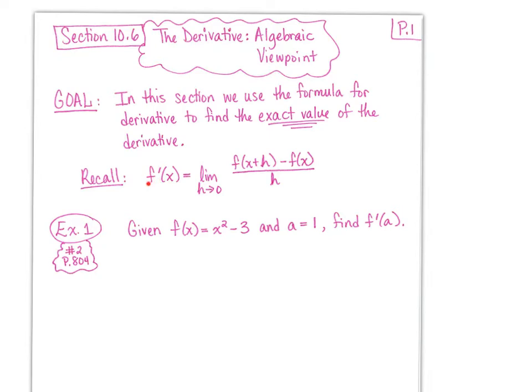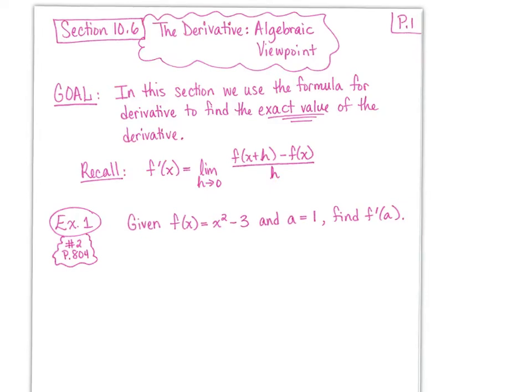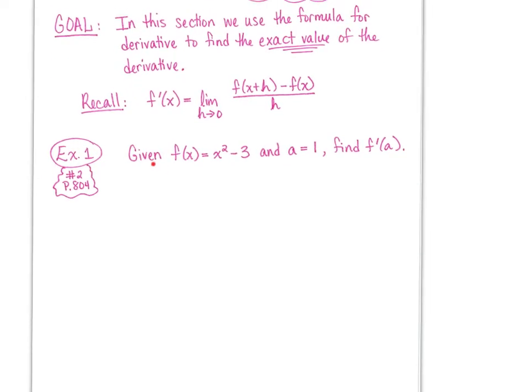So here, recall that the derivative of f at x is equal to the limit as h approaches 0 of f of x plus h minus f of x all over h. So now in example 1, given f of x is equal to x squared minus 3, and given that a is equal to 1, we want to find f prime of a. So in other words, we want to find f prime of what? 1. Very good. So f prime of 1